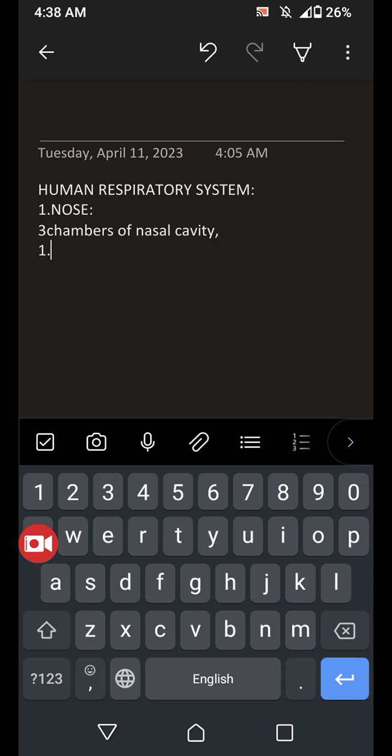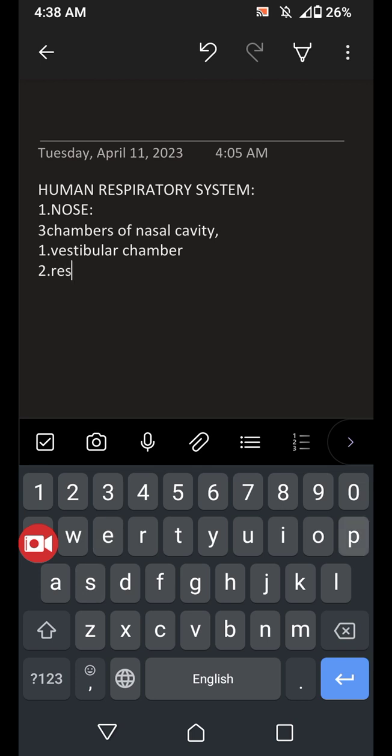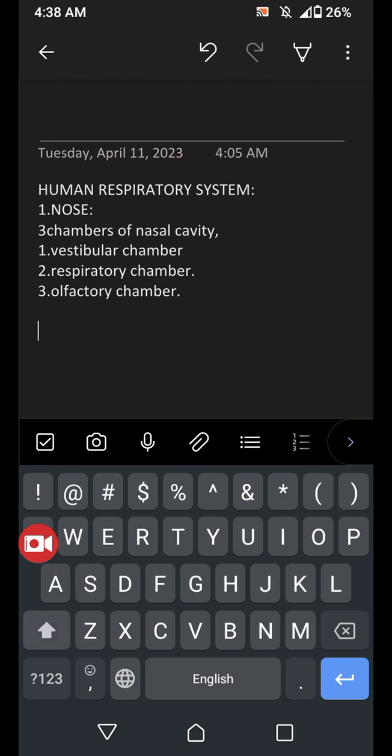The first one is the vestibular chamber, and the second one is the respiratory chamber, and the third one is the olfactory chamber. Okay, so first let's discuss the